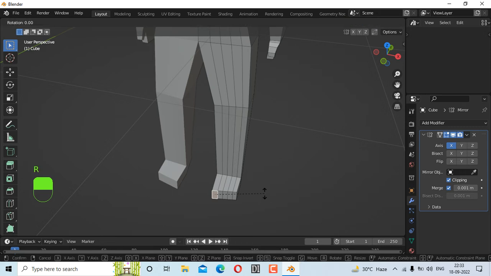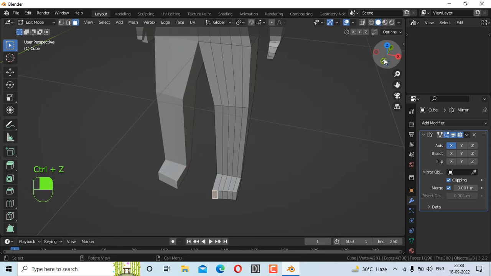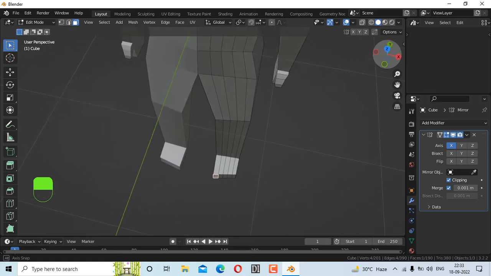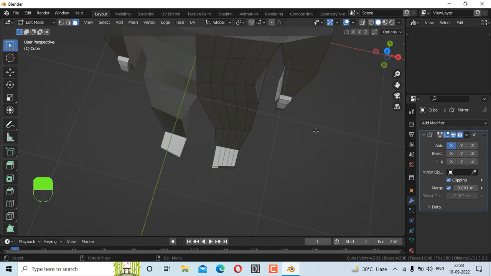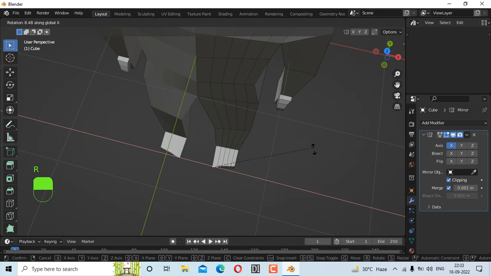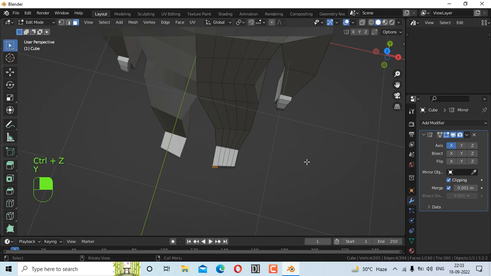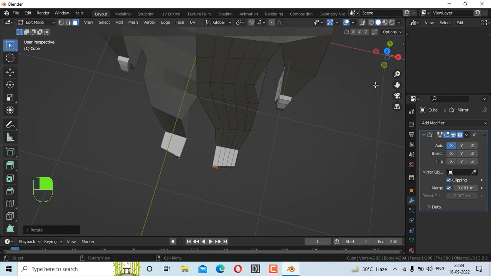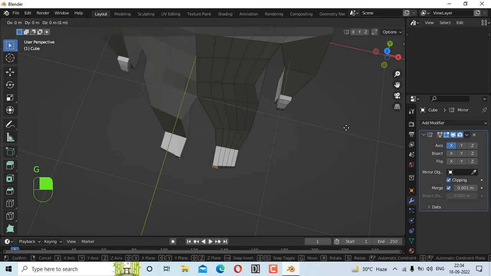Well, let me rotate this one. Rotate along which axis? X axis? No, not X axis, Y axis, I think. Y is not right as well. Then which axis? Z axis, I think. And give extrude. We can move it a little bit backward, so it can give us